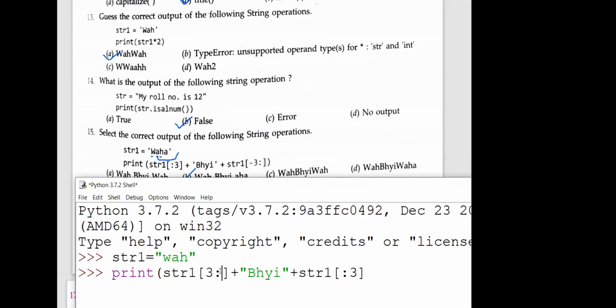STR1 it is :3, then this, ma'am, it is minus 3 colon this. Ma'am, it is Vaha.